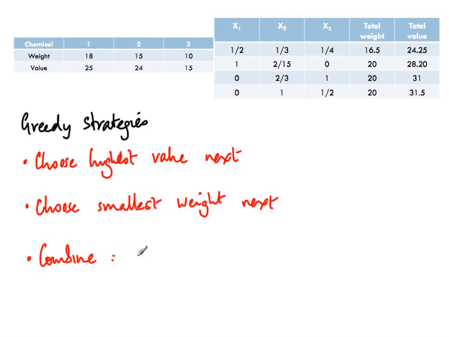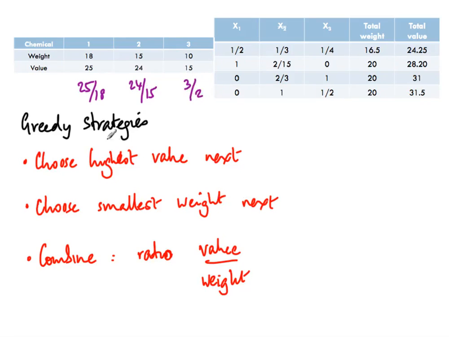So you want to look at the ratio of value upon weight. Right? So you want to say, if I take 1 unit of a particular chemical, what is the value that I will get for that 1 unit, because that is determined by the overall kind of unit cost. We're really looking at the unit cost, right? So if we compute unit cost, for example, here the unit cost is 25 by 18. Okay, here it is 24 by 15, which is actually 8 by 5, and here it is 3 by 2,